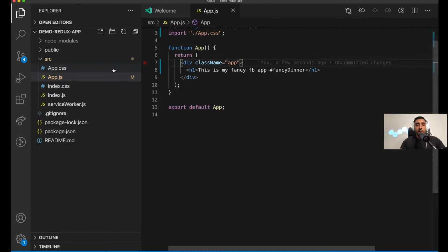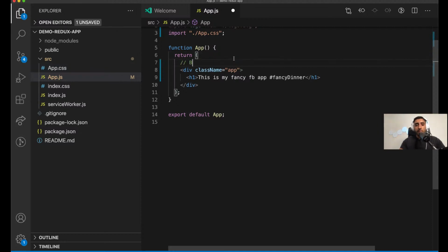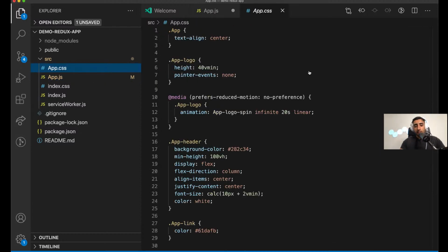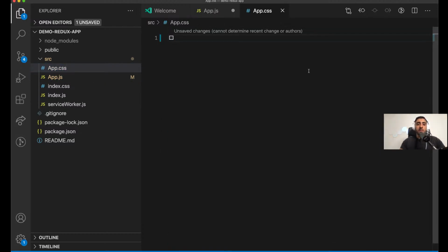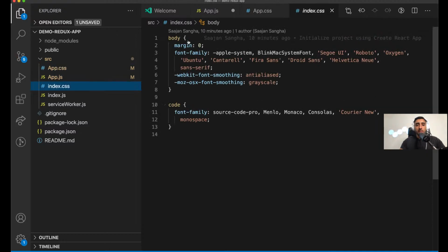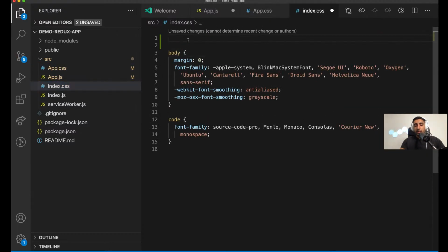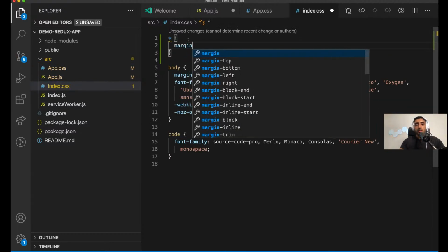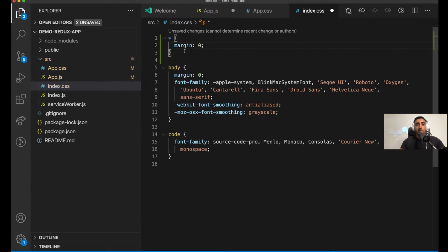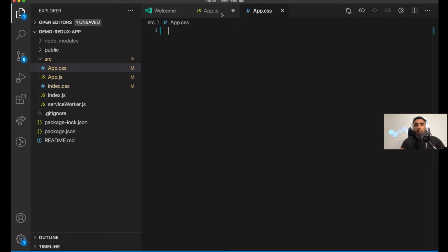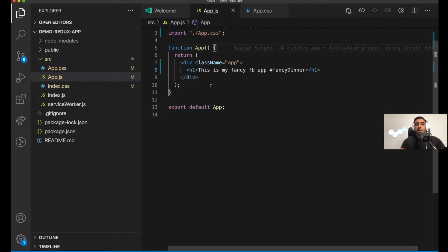And then, because we like to follow something called the BEM naming convention, let's go to app.css, just delete everything, right? Save it all. Index.css, go here, and basically you get this annoying hidden space. So just go here and add this one line of code. It basically just defeats all the margins that are by default given. You don't really want default margins applied to your stuff. So that'll get rid of it. So then we go there, go back to app.js, save it. And then we go back to our